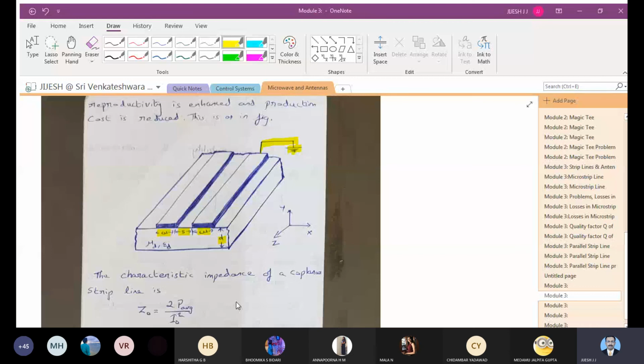If you have anything to be discussed, you can ask me. So is it clear for everyone till here? Is that clear for all of you till here? Feel free to respond. So is that clear for you? The coplanar strip line? Yes, sir. Okay. So you complete that figure and we will wind up the class today.